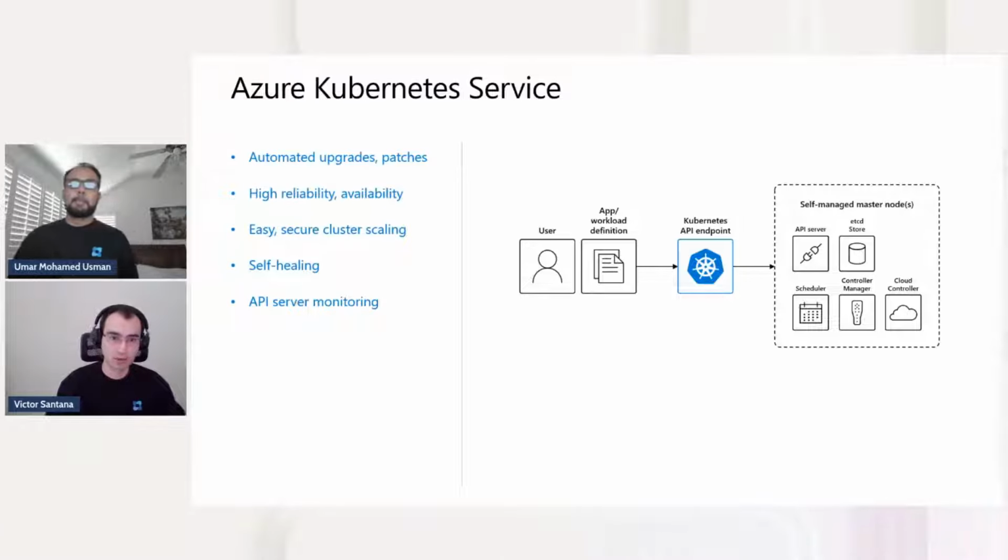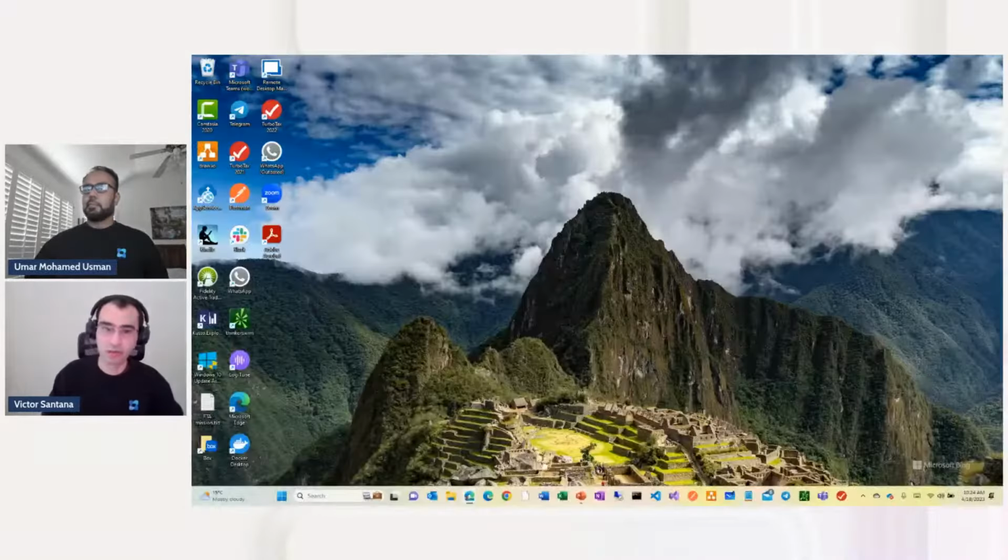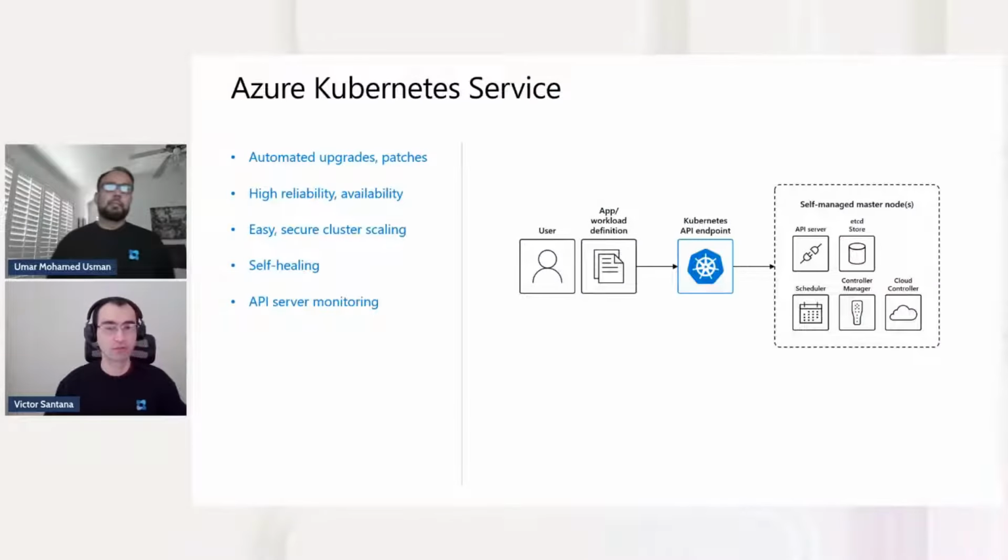You don't have to care about the whole complexity of deploying a cluster by yourself. You can pretty much leverage Azure to deploy the entire cluster for you. So we split that in multiple different methodologies, like node pools, and then we aggregate them in types of nodes independently and different between them. So pretty much in a nutshell, Azure Kubernetes Service, it is a flavor of Kubernetes that we Microsoft